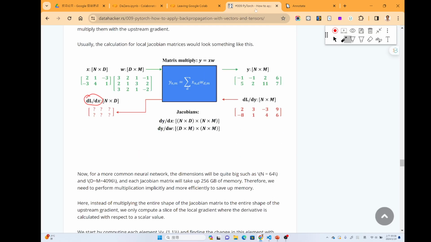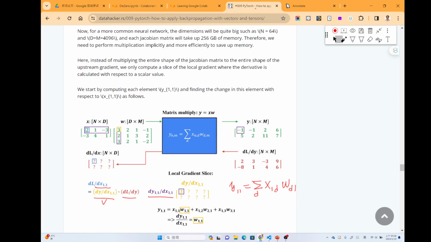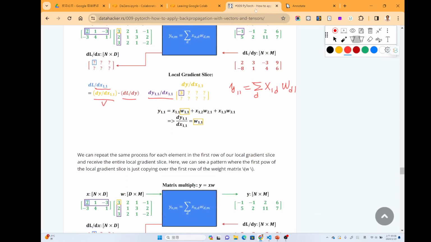And if we know that the formula of y11 is like this, so let's take the partial of y11 over partial x11. So we will actually take the derivative of this formula, and it seems that we have 3 items here.